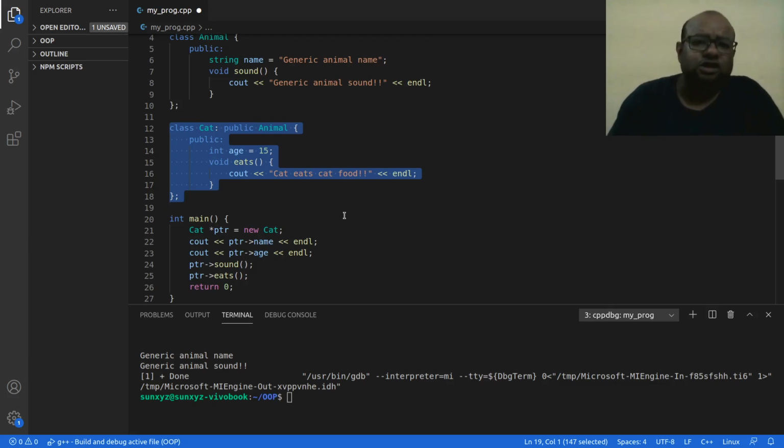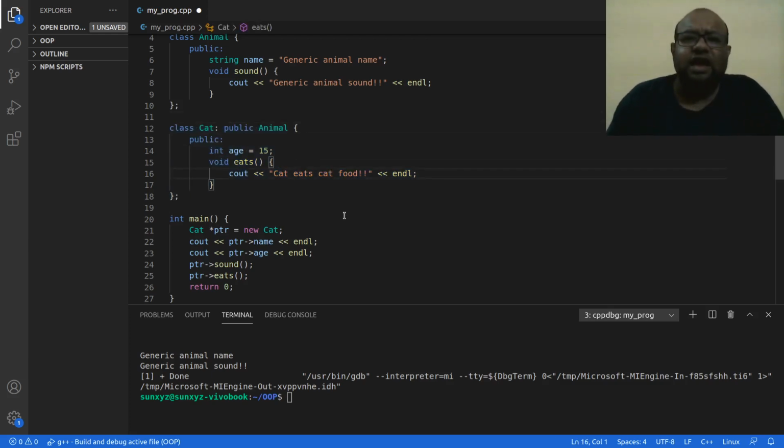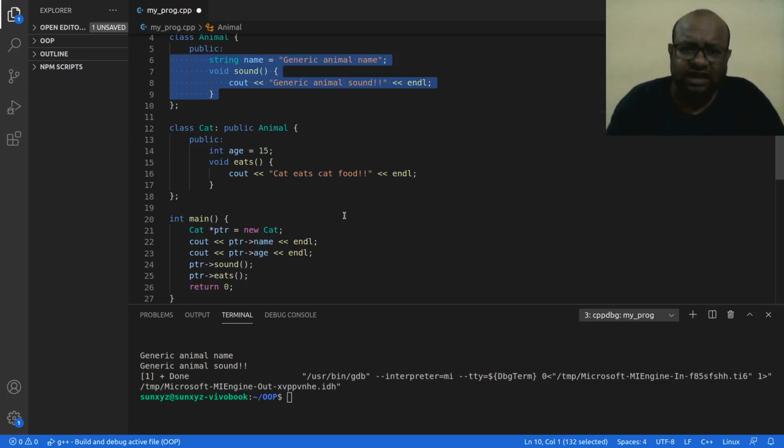Why? Because this name attribute and this sound method are inherited from the parent class, that is the animal class. I have these defined in the animal class, and the cat class inherits from the animal class. Therefore the attributes and methods defined in the animal class are automatically inherited in the cat class.